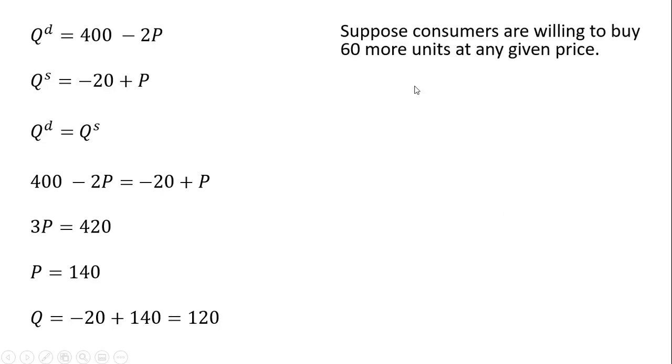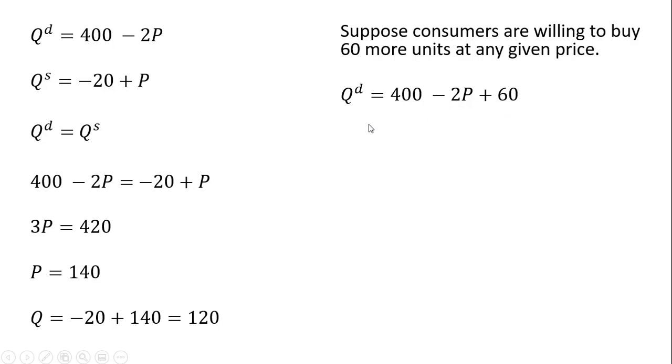All right, so now let's have some things change. We're going to have an increase in the demand for the good, and that could come about from consumers who are now willing to buy 60 more units of the good at any given price. So to incorporate that change on the demand side of the market, we're just going to add 60 to the